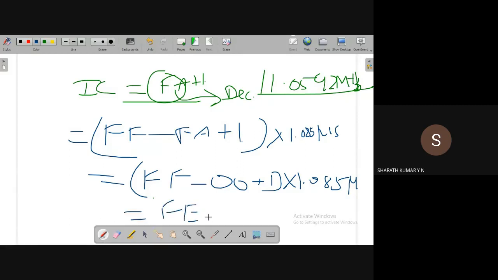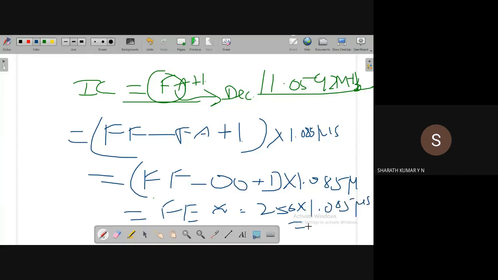Okay, fine, no problem. We can approximate that to 256. That is 256 into 1.085 microseconds. I'll approximate it to FF, guys. It will not matter much. Just one clock pulse is around 1 microsecond.